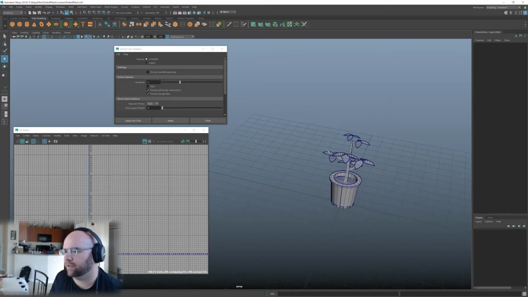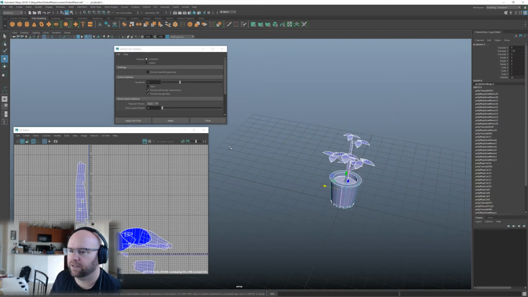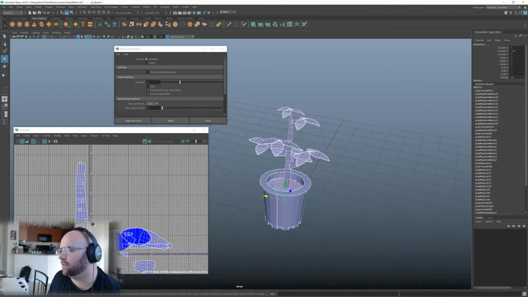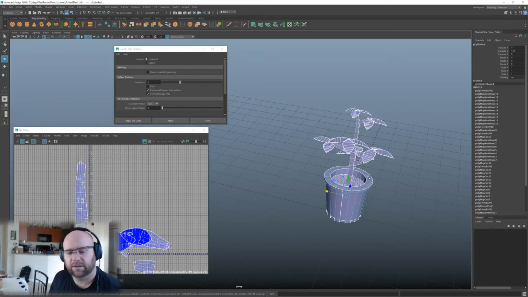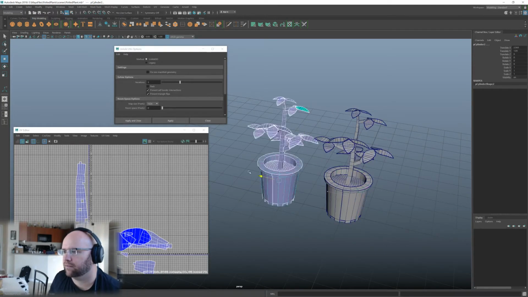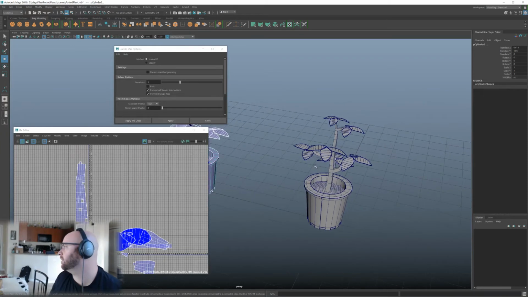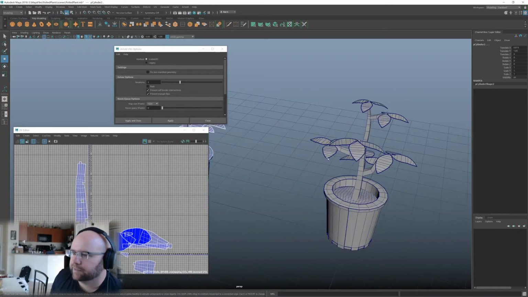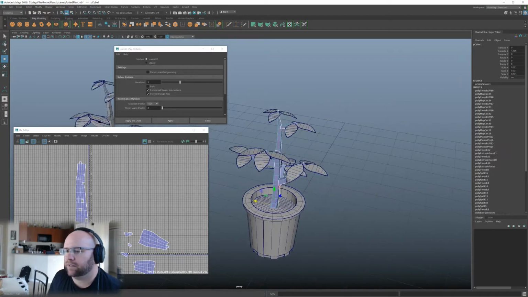Okay, so what I should have done is waited till I did those UVs. See, this is all about thinking smart. If you're gonna do the UVs, do the UVs first, then duplicate it. It's gonna save you some hassle later. Otherwise, I would have had to have redone the UVs every time. Okay, so now again,